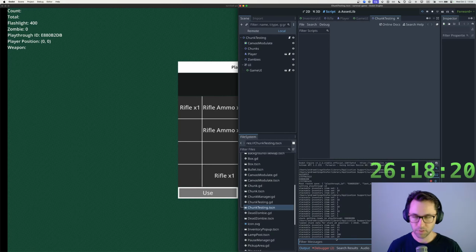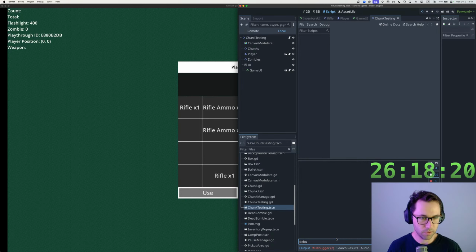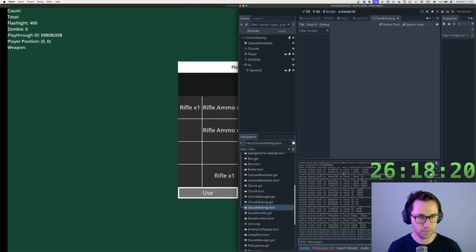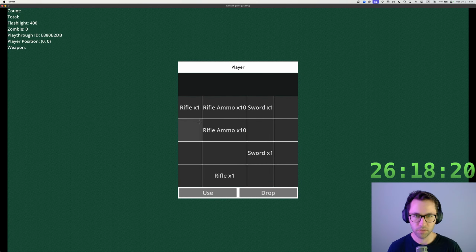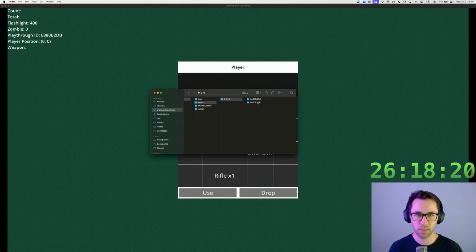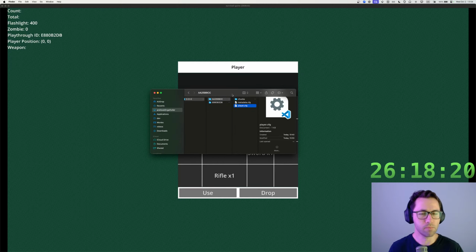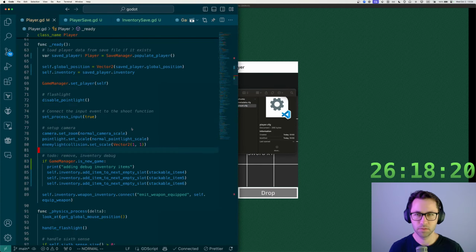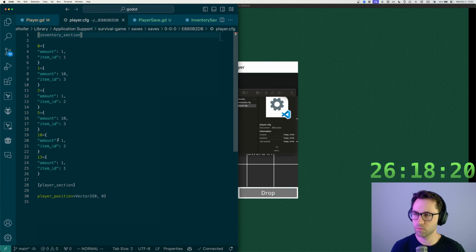Let's look for debug. Okay, so we must be either inserting these items elsewhere, or there's an issue with the saving. So let's go to the actual file. I don't know which one it is. It's this one. It should be. Let's open it with VS Code. Okay, so